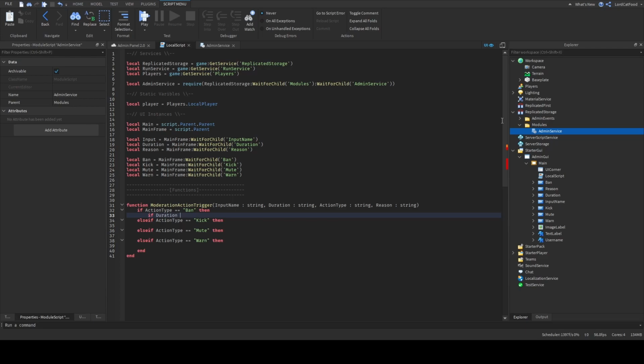Reason needs to be a string too. So if duration is equal to nil, then now that you've got that, you want to say if reason is equal to this just empty string, then